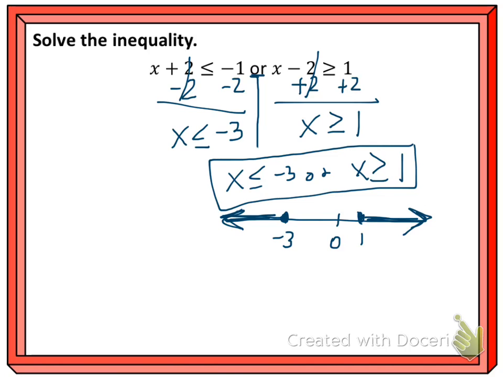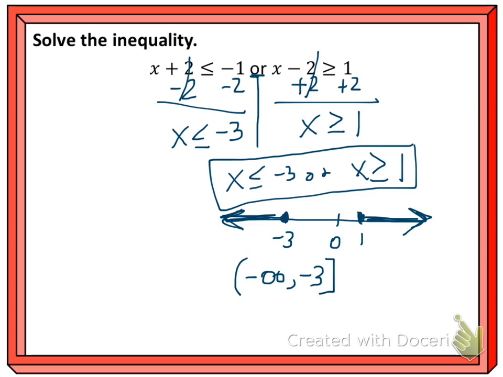So when I write this in interval notation, I go from smallest to biggest. The smallest here, it's the arrow, so that's negative infinity, all the way up to negative 3. Infinity never gets a bracket, it always gets parentheses, but the negative 3, it's colored in dots, so it gets